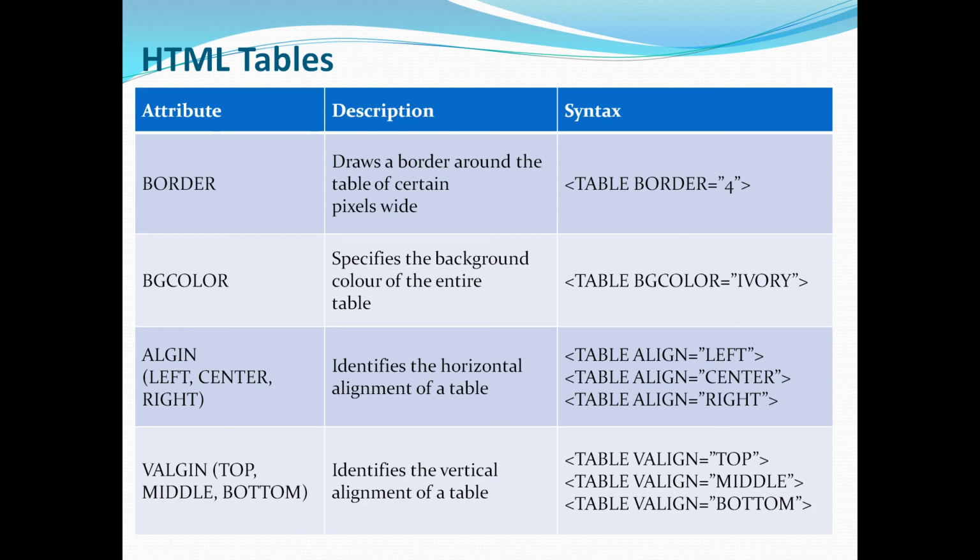Next, V align, vertical align. Normally that is a horizontal align; this is a vertical align. So you can display the table at the top, bottom, or middle. Like that, three levels of table alignment are possible. It identifies the vertical alignment of a table. Vertically we can align the table either top or bottom, or a middle. So table V align top, table V align middle, table V align bottom. Where we want, there we can align the table. So the attributes so far are border, BG color, align, and V align.